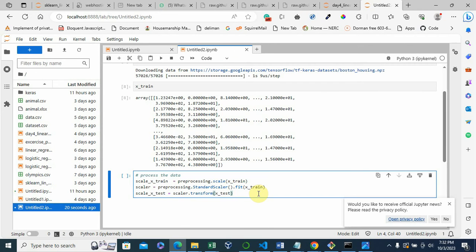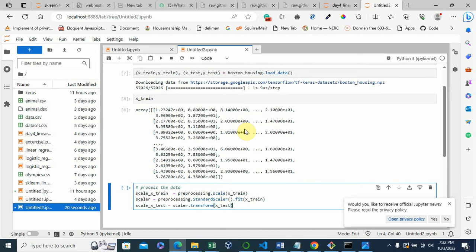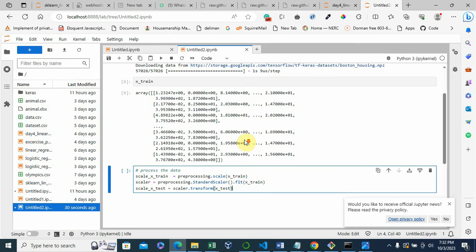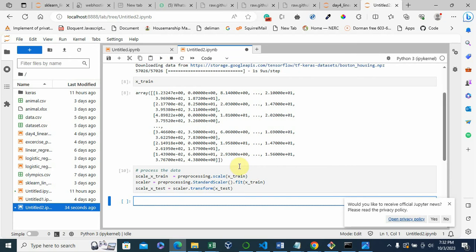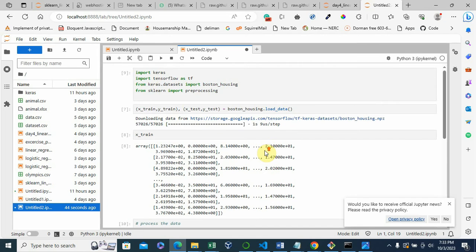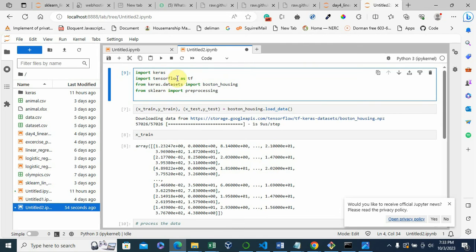So the next thing we're going to do is to create the model. Let's ensure that we run this so that we're sure that everything is fine. So the next thing is to create the model. This is the real thing. But creating the model requires you to bring in the model first. We have not brought in any model here. So we're going to bring a model.